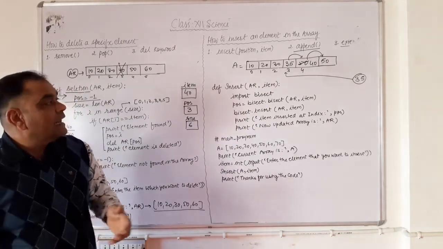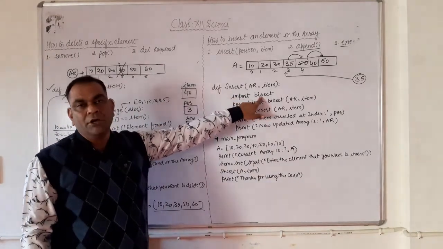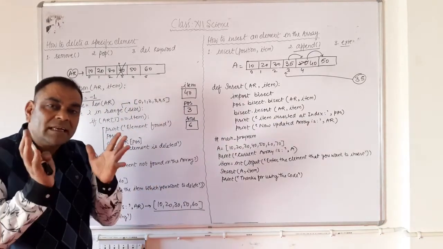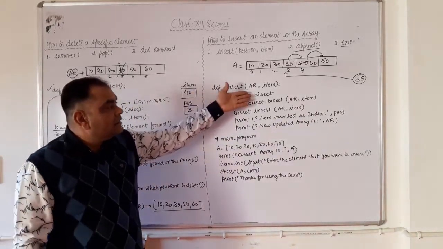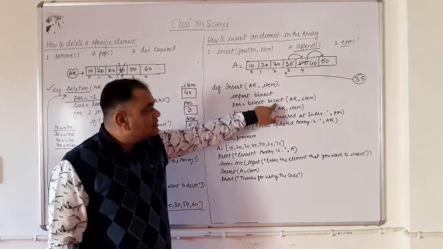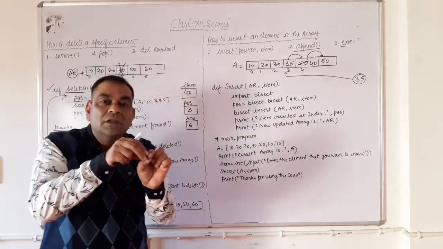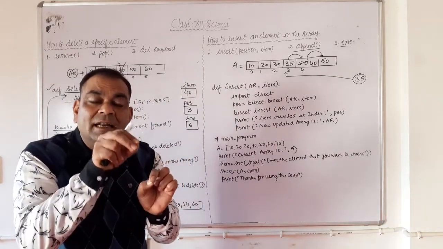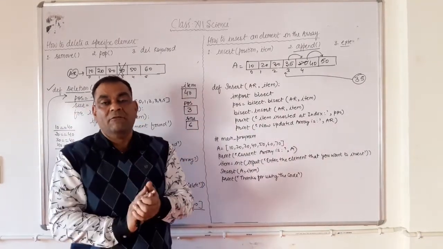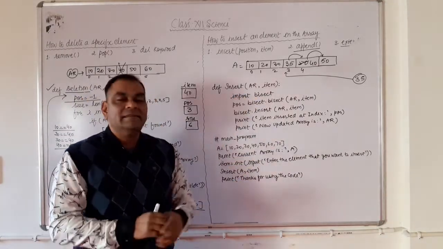Right? So for that, if you want to insert into the array, in Python, we have the bisect module. Bisect. B-I-S-E-C-T. The bisect module is there in Python. And in this bisect module, two very important functions are there. The first one is the bisect function. The bisect function gives you the proper position of the element that you want to insert in the array. It is for getting the proper position only. What is the name of the function? The function name is bisect. What is the name of the module? The module name is also bisect.